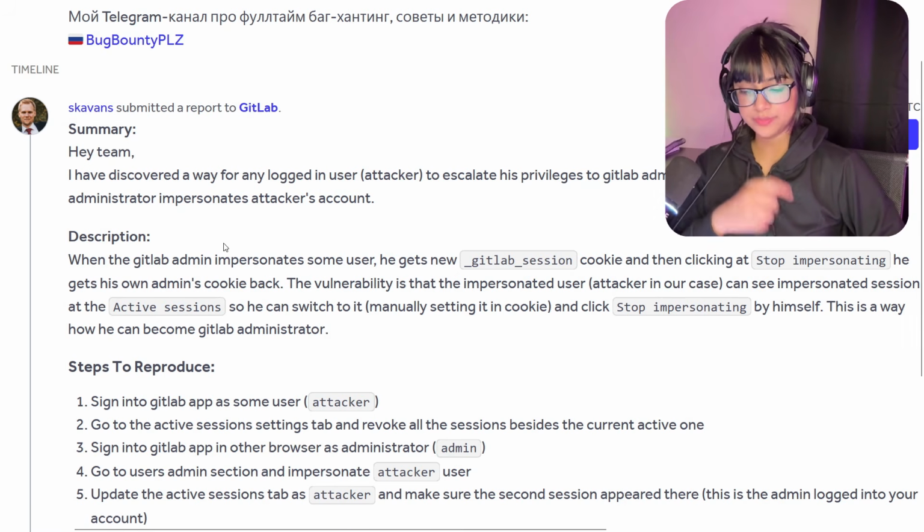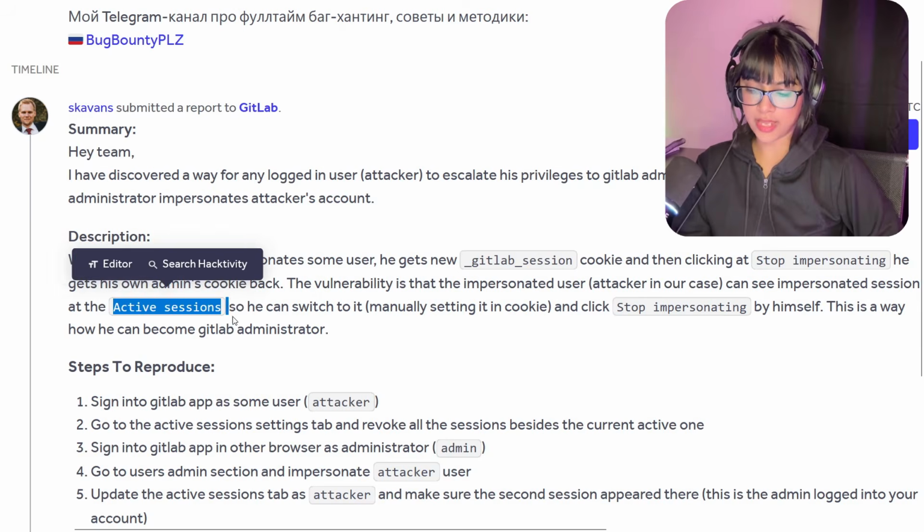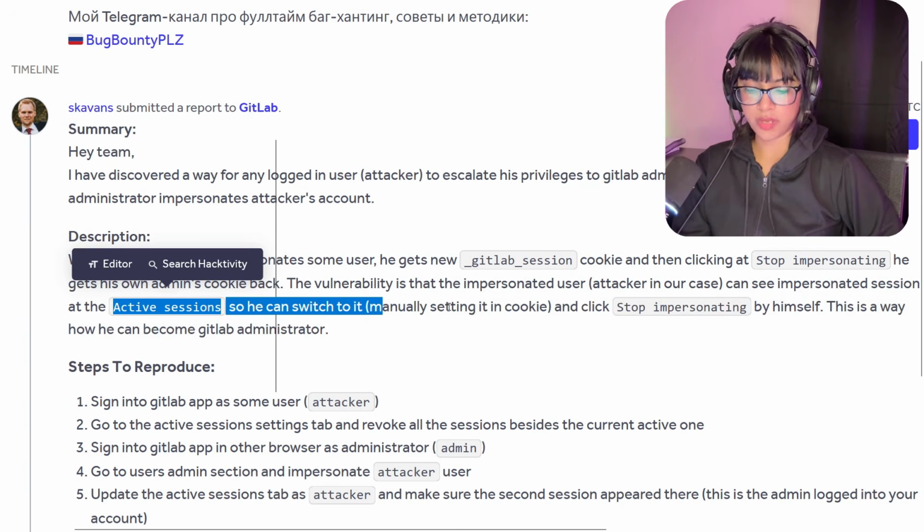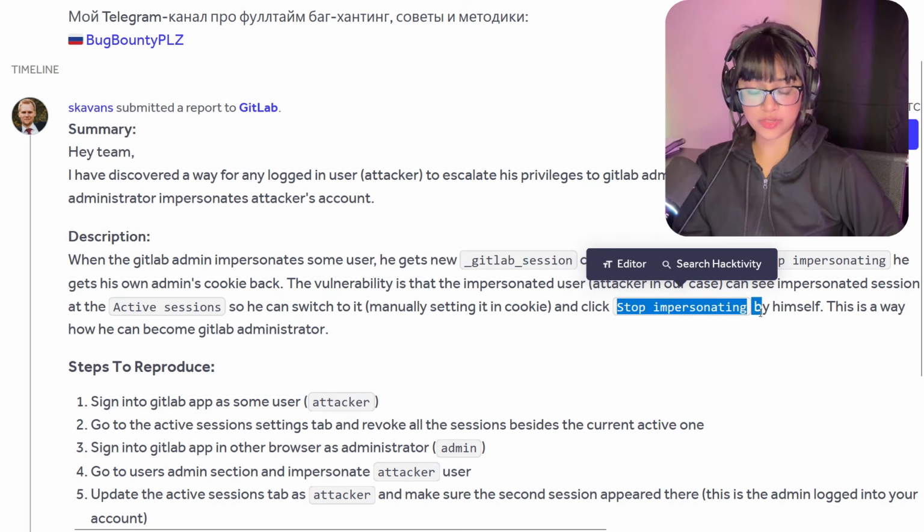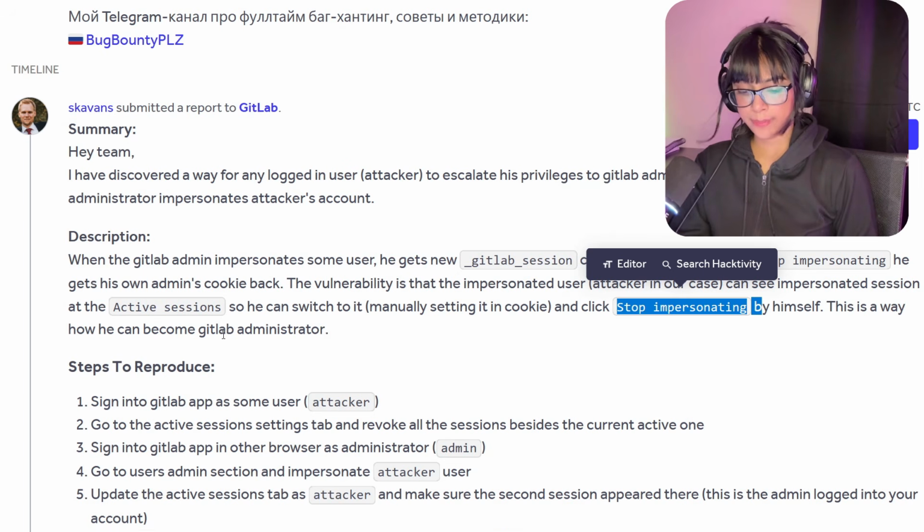Okay, keeping this in mind, the vulnerability is that the impersonated user, attacker in our case, can see impersonated session at the active session. So he can switch it to it manually, setting it in cookie, and click stop impersonating by himself. This is why now he can become GitLab administrator. So what's happening here is someone is impersonating you, so you will also get a notification in your active session that someone is impersonating you. Obviously, this is a security feature, so you will know if someone is impersonating you or checking in your stuff,